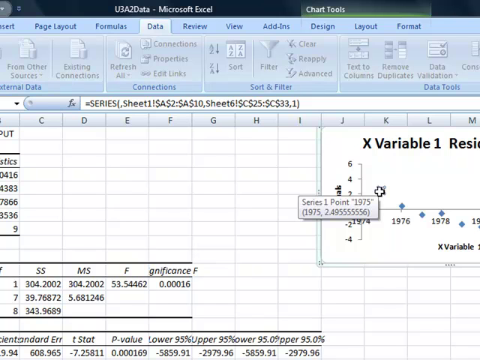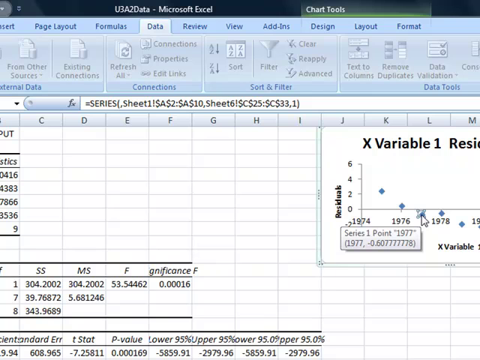As we go down, you just have to hold on the actual point to see the display. At 1976 it is 0.54, and then of course we go to 1977. It's negative because it's below the line of best fit, so it's below the horizontal line here in the residual plot. And of course 78, again, just wait till the plus sign comes up and hold, and it gives you the range for the residual plot of